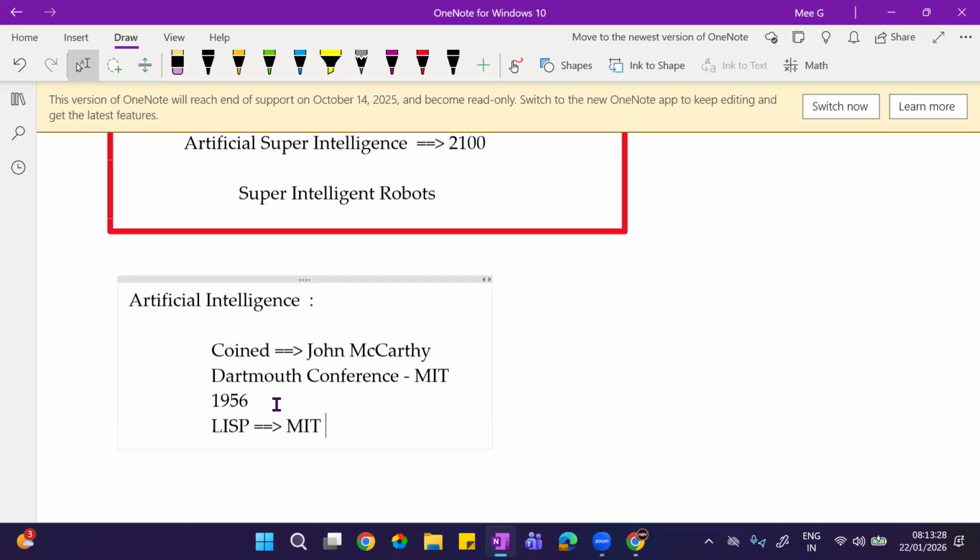Slowly it kept going, because you can understand that now we have data around us everywhere. Every minute, every second, we are generating data. But at that time it was a bit difficult to get data. Whatever data was available, they did a lot of research and started building and developing intelligent machines.